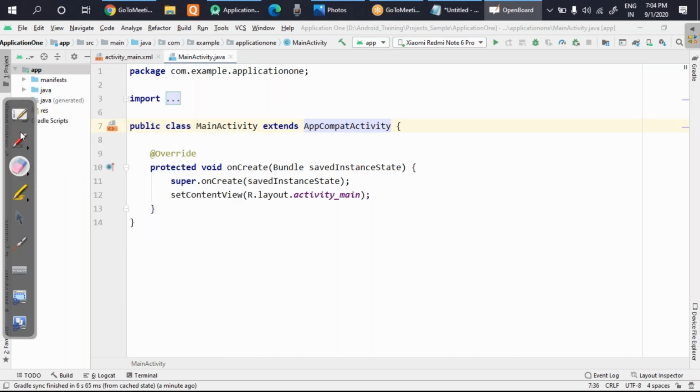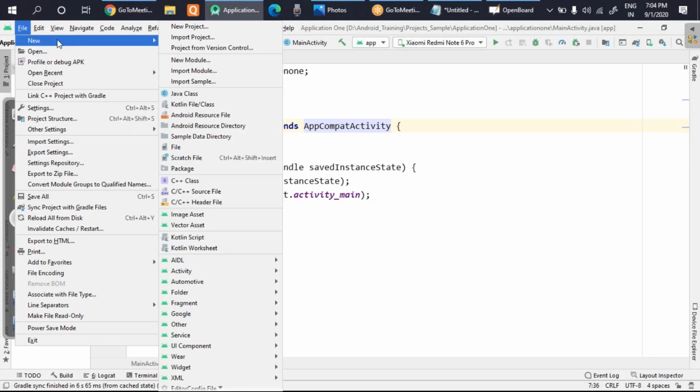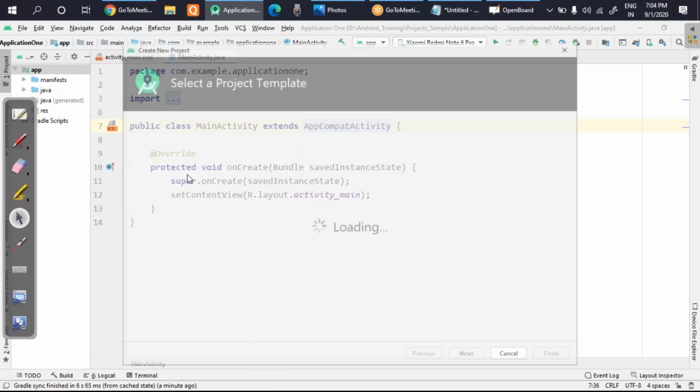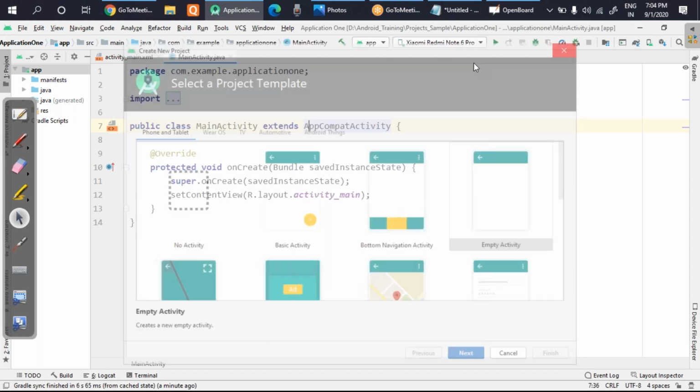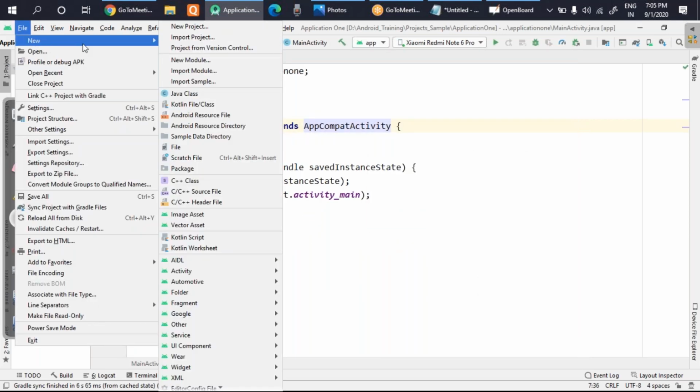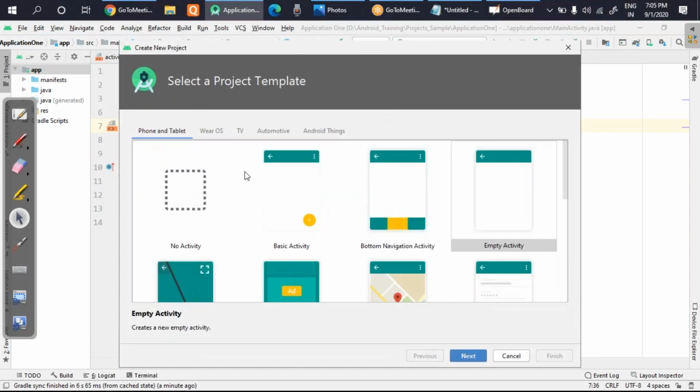It will be better if I show you how to create a project. If you look here, in order to create a project, you can click on the File button, go to the New option and select New Project. Okay, I'll repeat once more: you click on the File button, go to the New option and click on New Project. Okay, so a template will open up and there you will see a lot of options.